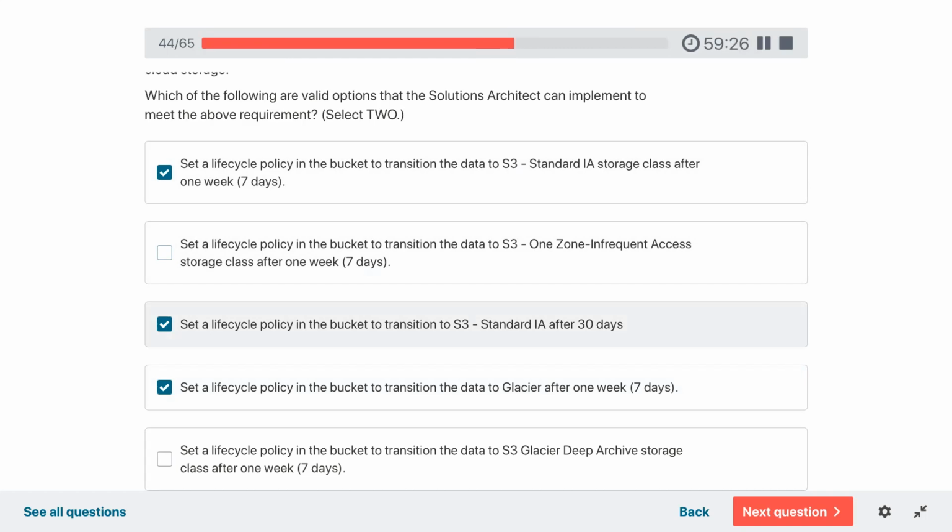So there are two things. First is you can set the policy, so S3 data will be moved to the cheaper solution, which is Standard IA or Glacier. But can this happen in 7 days or does it need 30 days? So based on different classes, you can transition after particular days. And I think in S3, you can transition to any other class and category with any number of days. There is no restriction.